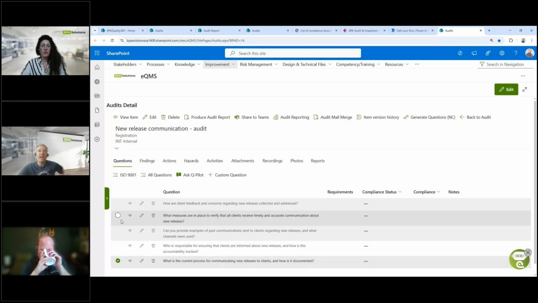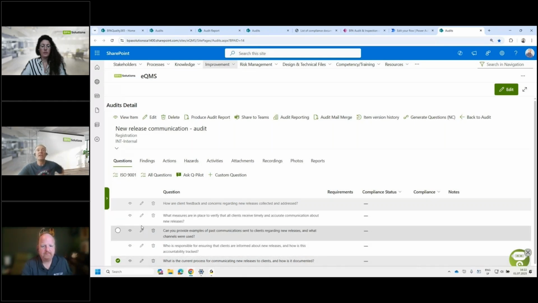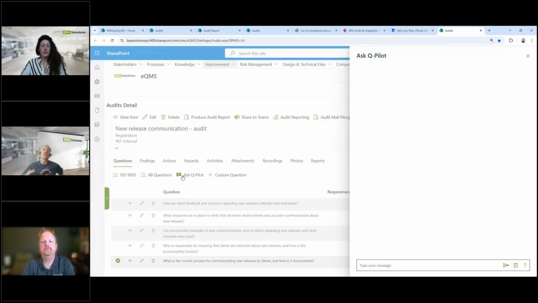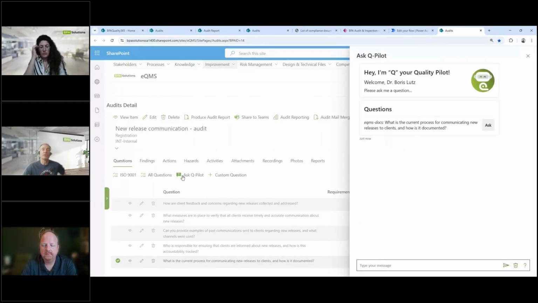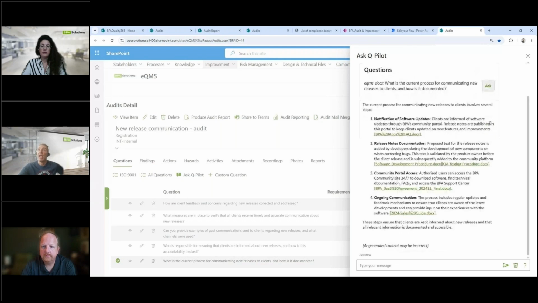So not only can I populate these questions for the audit, but then I can check whether what we have done, what we have in our documentation system, best answers these questions. So I will now trigger QPilot again to find out whether we have procedures in place to best answer this. And we have, for example, release note documentation here that is part of our software development procedure. And QA testing procedure, that's internal procedures here at BPA, where we define how the release note documentation is communicated